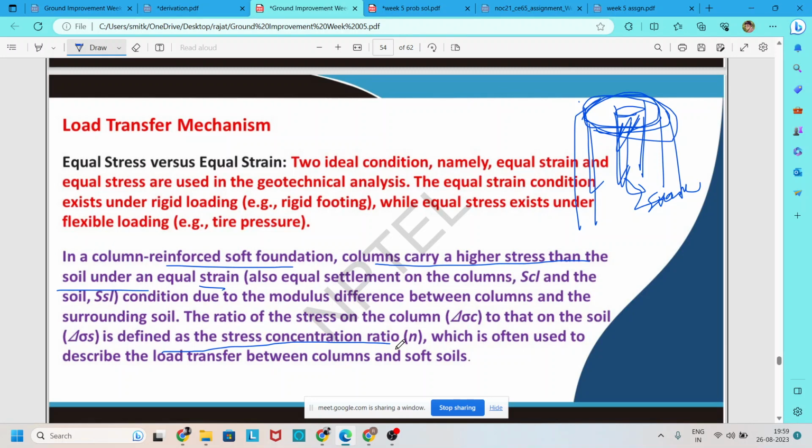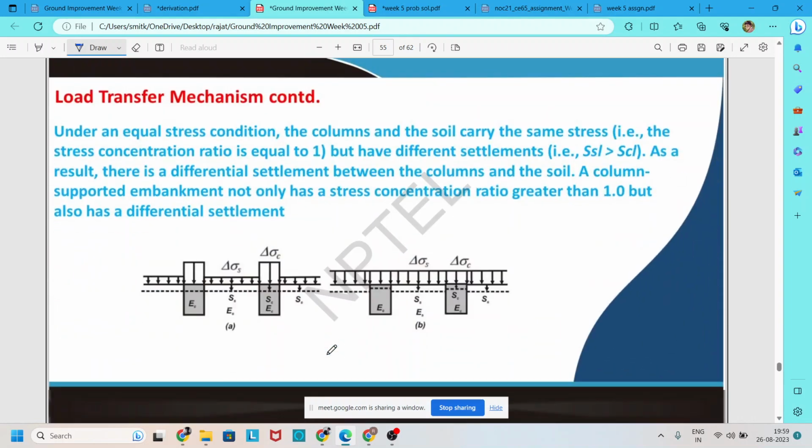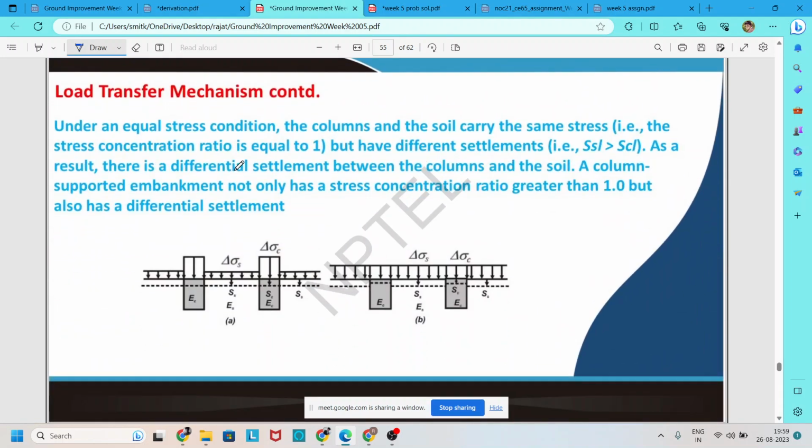If we say that in the equal strain method, the stress concentration ratio is always greater than 1, because the stress on the column is higher than the surrounding soil. Now we come to the equal stress method. In the equal stress method,